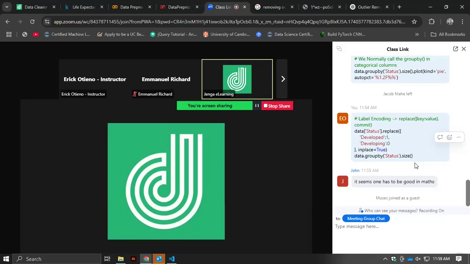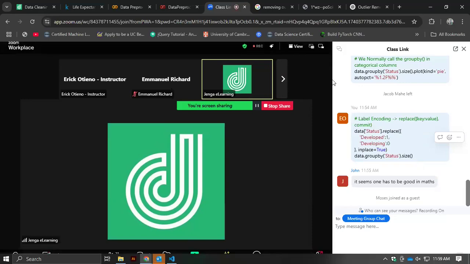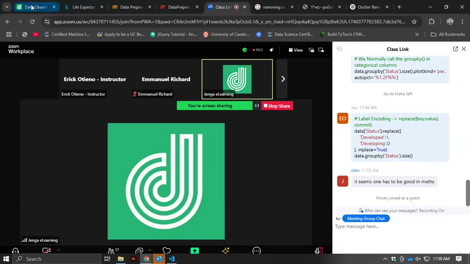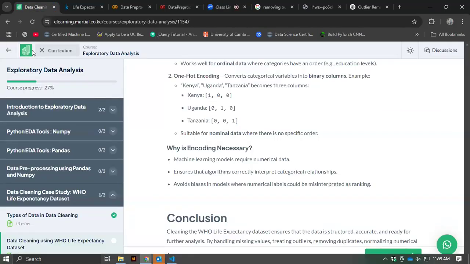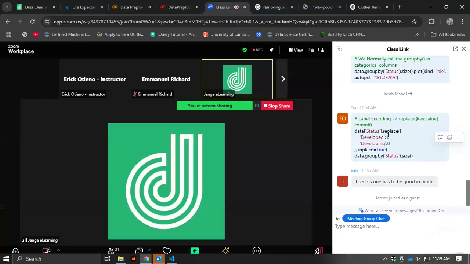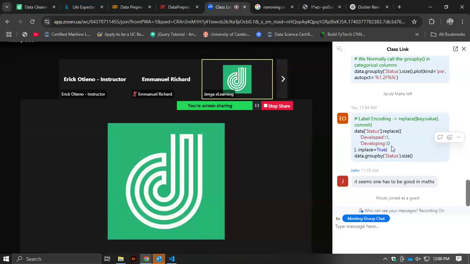Now, after doing this kind of analysis, we are going to transition, because I've been getting this question from a lot of students. We are going to transition either for those students who are doing data analysis or those students who are doing data science. If you're doing data science, from here we are going to do machine learning. That is where we are going to start for students who are doing data science. For students who are doing data analysis, we're going to start from